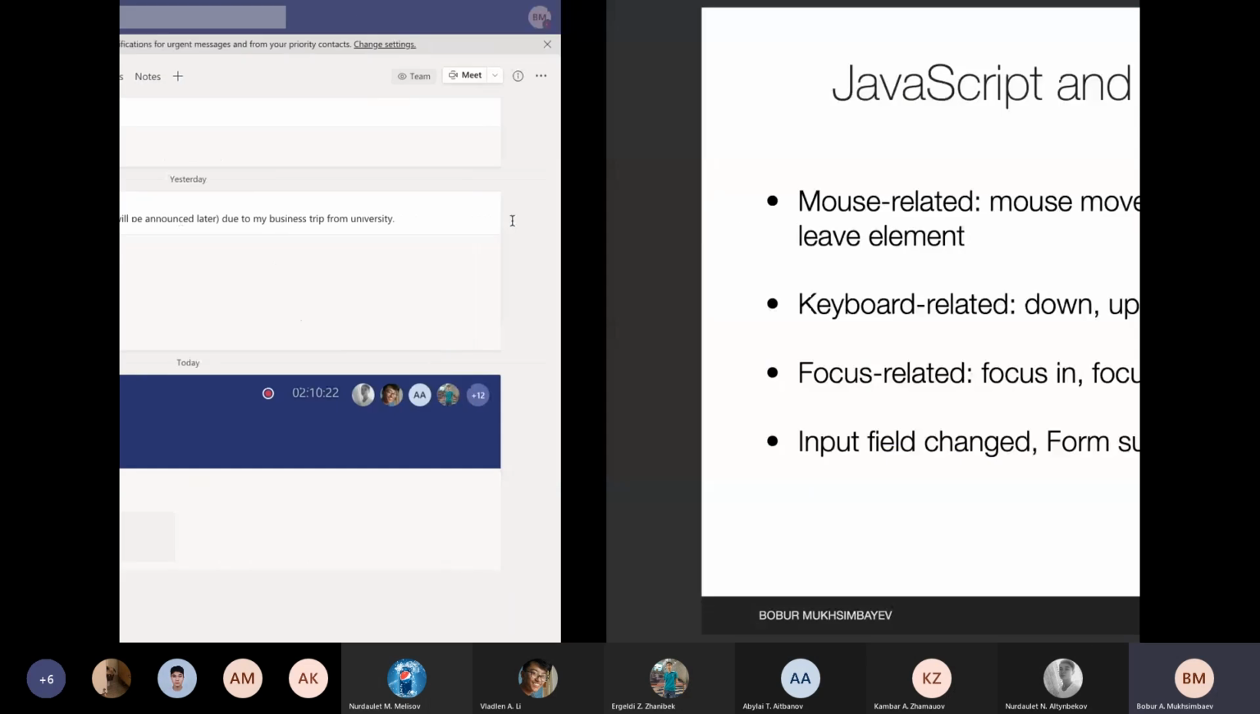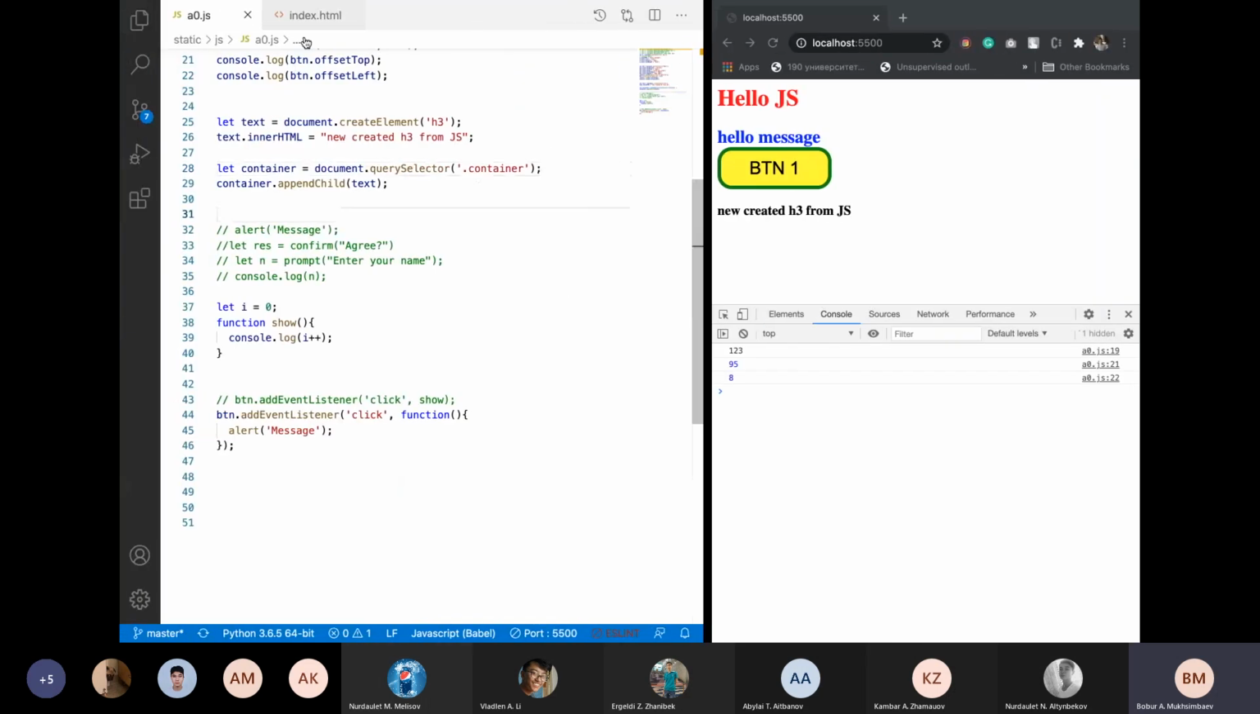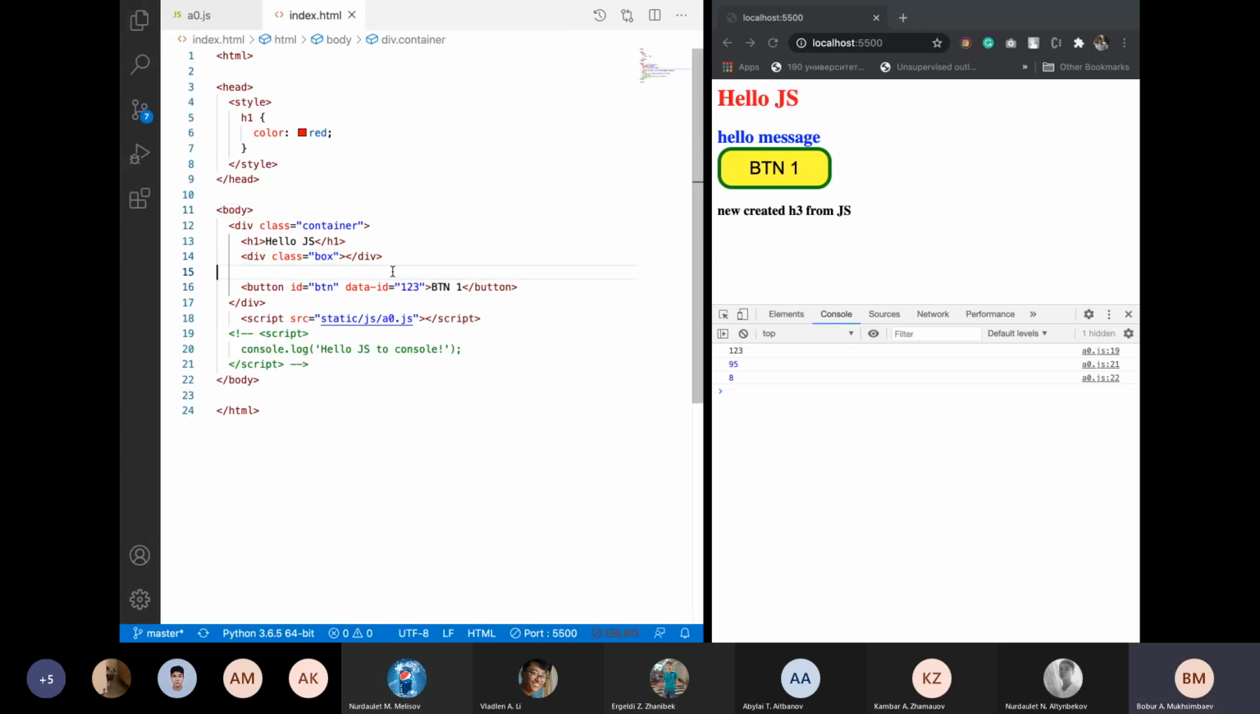For today, let's see our slides. We can see the events: mouse movement, button click, enter, leave, and so on. For instance, events from the keyboard when someone presses any button. Focusing, entering, for instance, if we have here